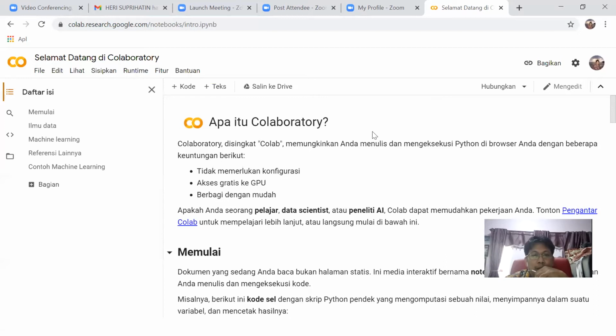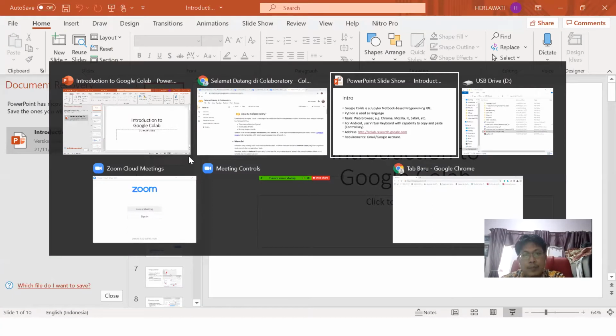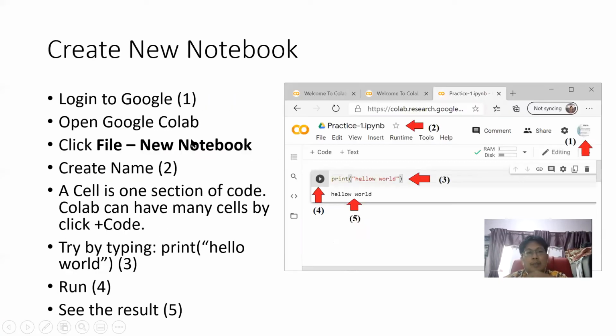This is the welcome screen. First, if we want to create a new notebook, a new program, new script, new code, first log in, and we use File, New notebook.